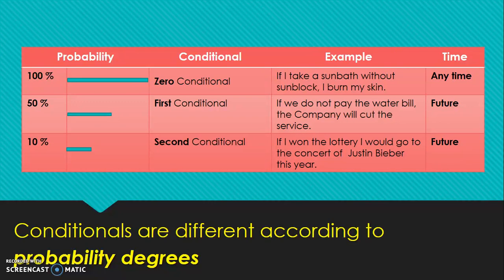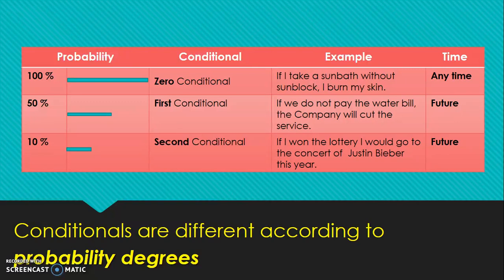There are three examples for each type of conditional. The example for zero conditional is: if I take a sunbath without sunblock, I burn my skin. It's something that happens at any time. Then we have the example for first conditional: if we don't pay the water bill, the company will cut the service. It's a situation that happens in the future, but it's a real possibility to happen,